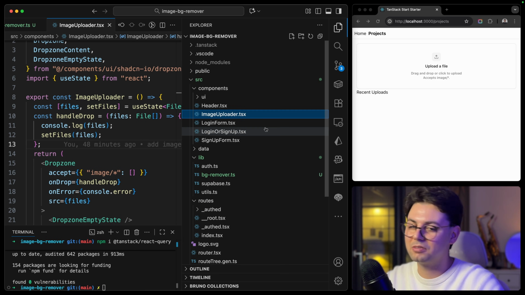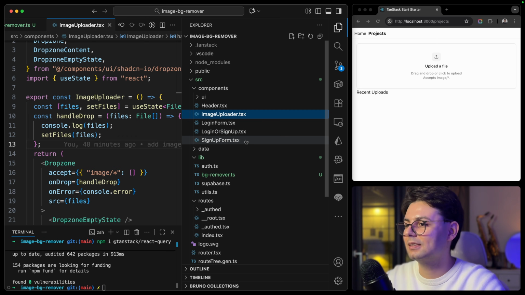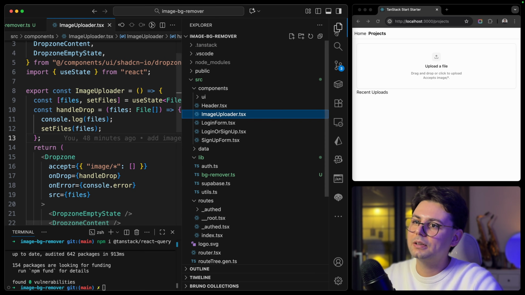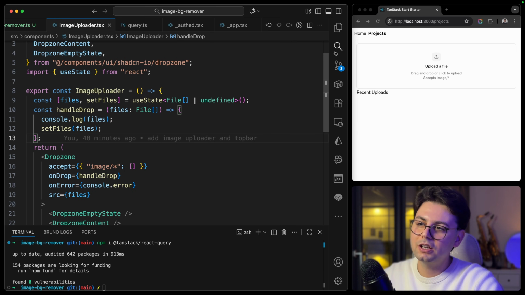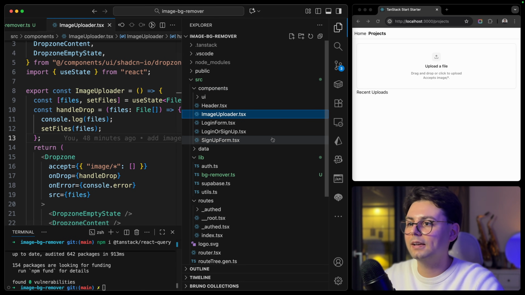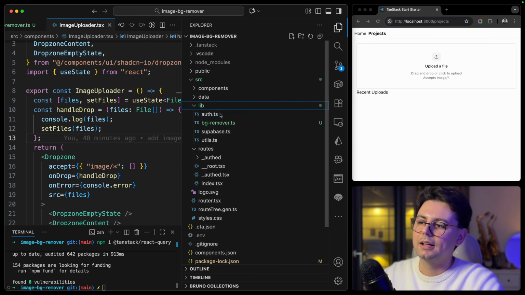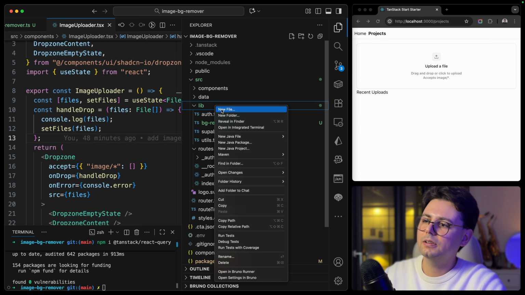It's literally one of my favorite libraries in React. It's a must-have, and you're going to see right away it's really useful. For using React Query, actually in this case, we're going to use a mutation because we're changing data on the backend. So let's go ahead and create a folder in our lib folder, and maybe a file, and let's call